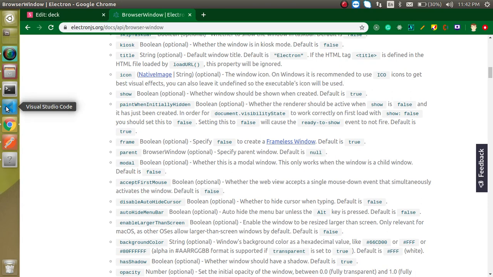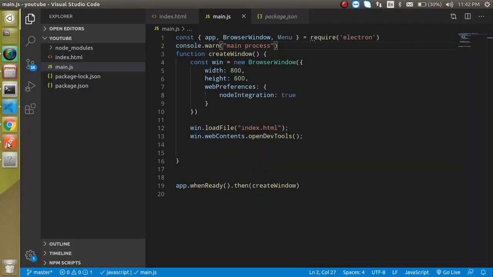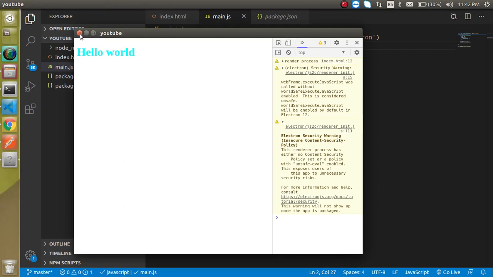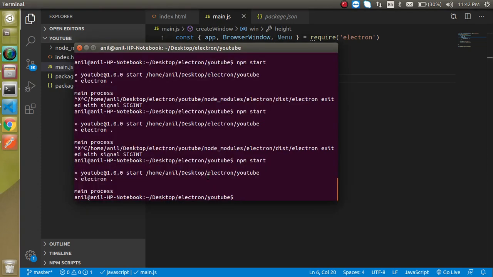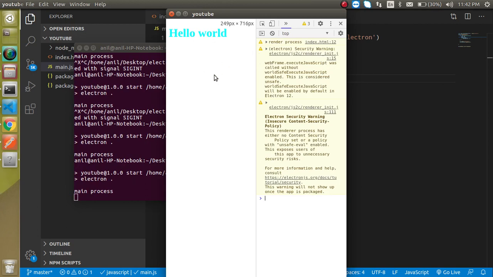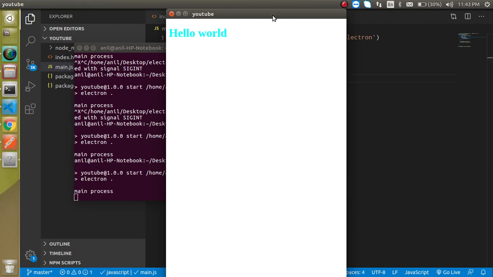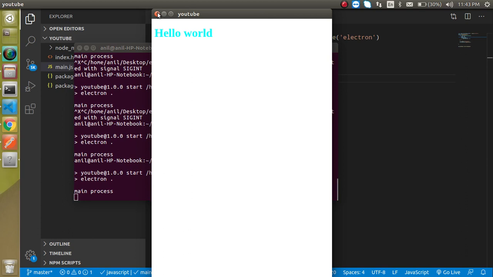So now let's go to the code, and first of all let's close our browser window from here, right? So these are the basic properties, which are width and height. You can adjust them according to your software requirement or your application requirements. Let's say I want to make the width around 500 pixels and height around 800 pixels, right? And now let's try to run it. Now you can see that we got this kind of window look and feel, right? So we can use this.